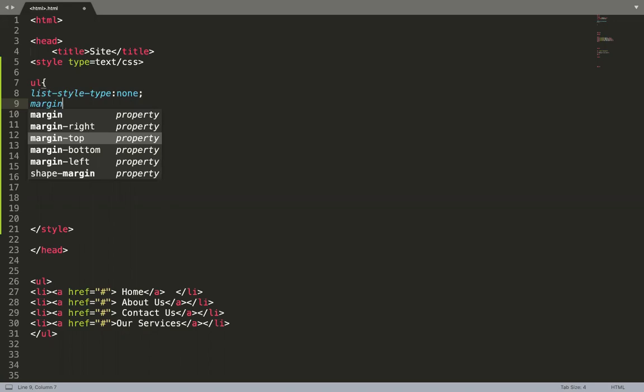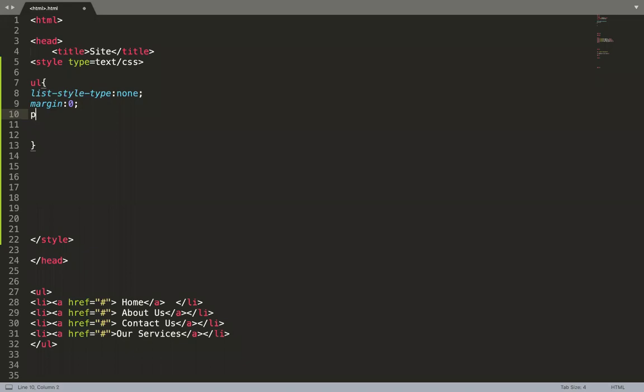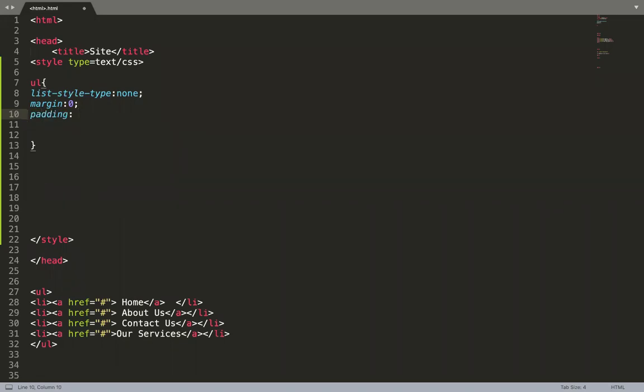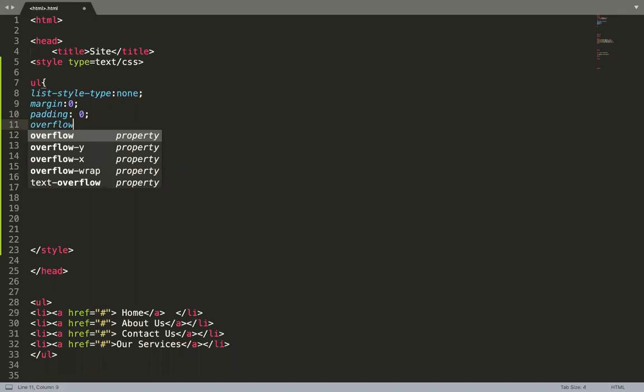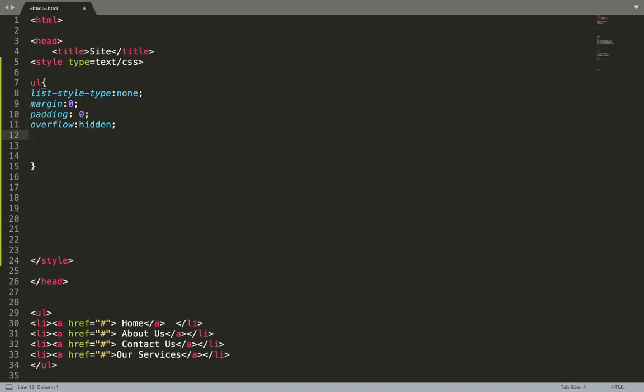Margin should be 0. Should be very close. We'll add overflow. Since we are going to show it at the top, it shouldn't be overflowing. We should hide it. Now as a background color, we want to give